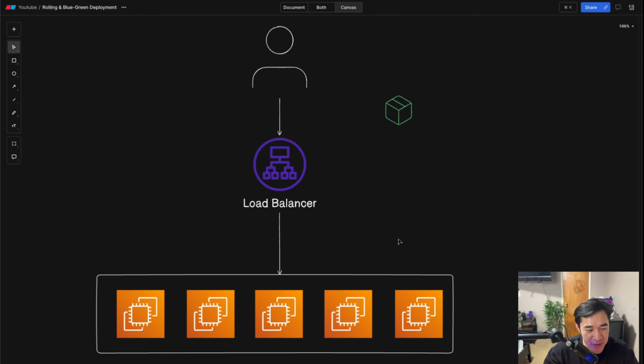One way to do this is through a rolling deployment. How it works is that you take one of the hosts serving traffic to your users and then you turn it off. You turn it off so that you can deploy the new changes onto that host. While the code is deploying onto this host, the 4 other hosts in the group are still serving traffic to